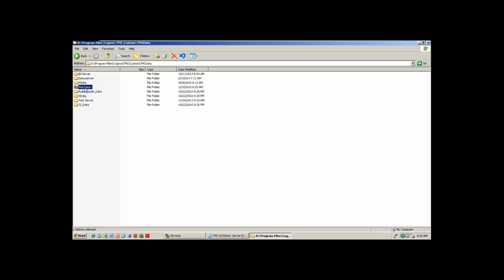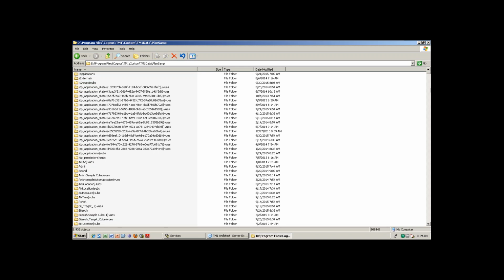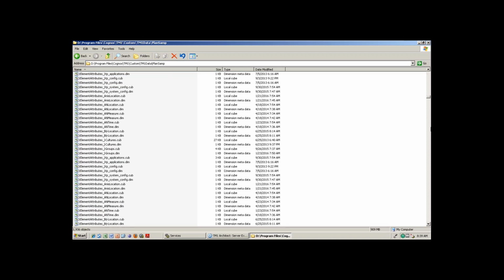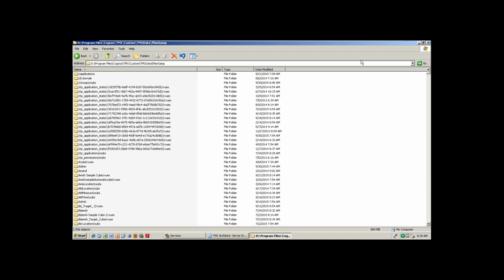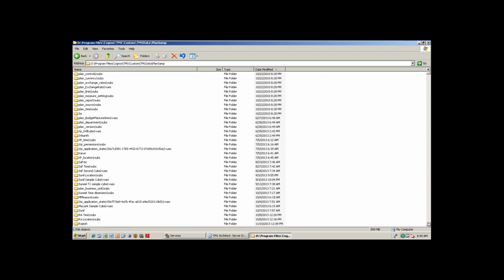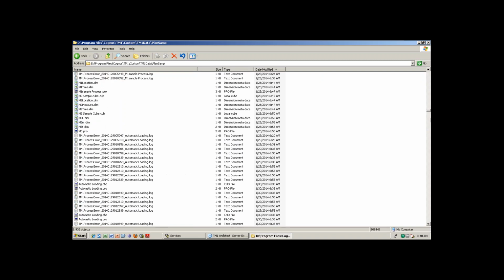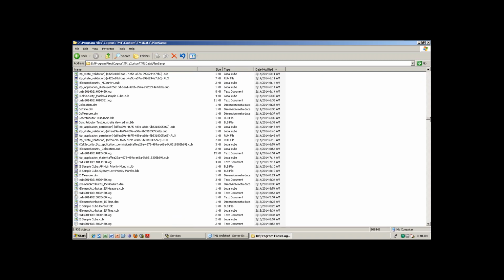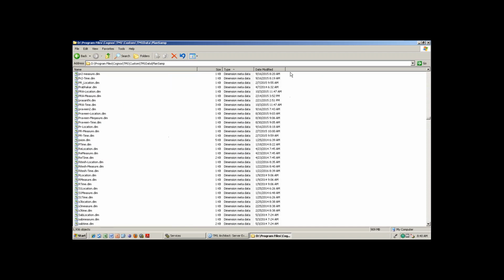I am using the planning sample server. So if you are observing this, maybe Ritesh location, you just check with date modified. You can see the files. You need to click on date modified once again.